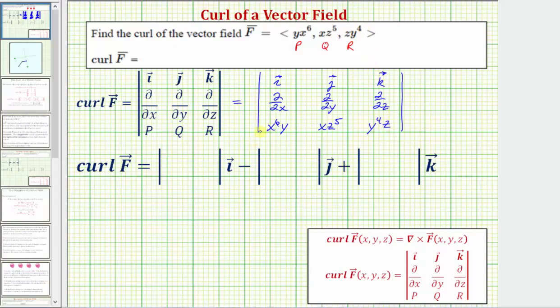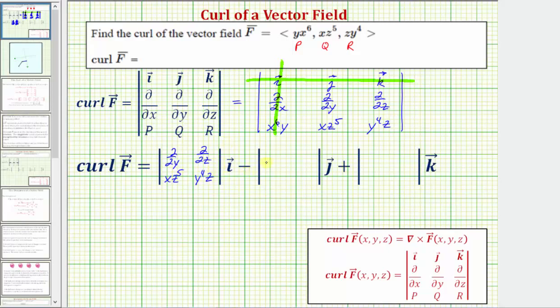And now we'll evaluate this using the expansion by minors method. So for this first 2 by 2 determinant, we eliminate the row and column of the i vector. So we eliminate the first row and the first column. The remaining elements give us the elements for the 2 by 2 determinant here. So we have the partial with respect to y, the partial with respect to z, and then we have x z to the fifth, and y to the fourth z,